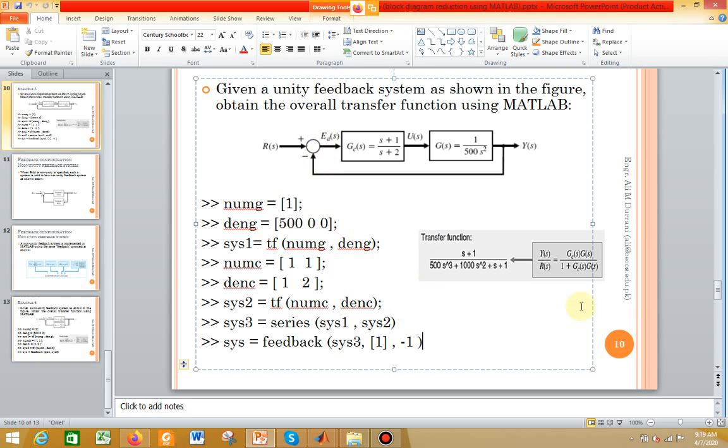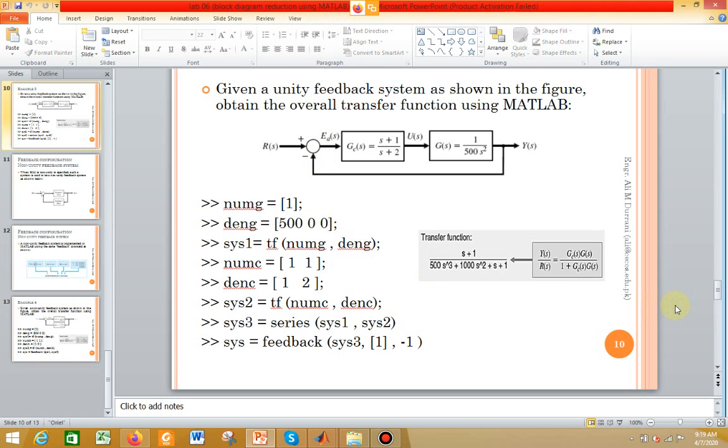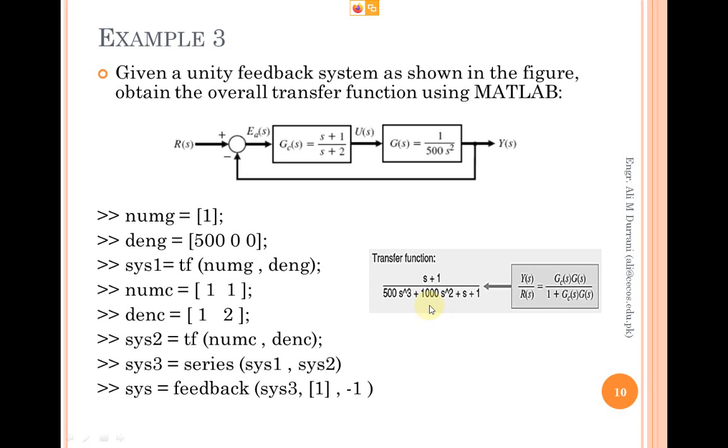Okay, ठीक है जी. So different तरीके हो सकते हैं. There can be multiple ways you can define your transfer function, and जिस तरह हम करते आ रहे हैं from the last few labs, जितनी भी labs हमने की हैं, so we have seen different ways of defining transfer functions. So you can use any of them, as long as your code is executed properly and you are getting